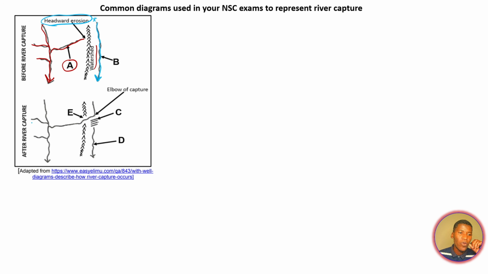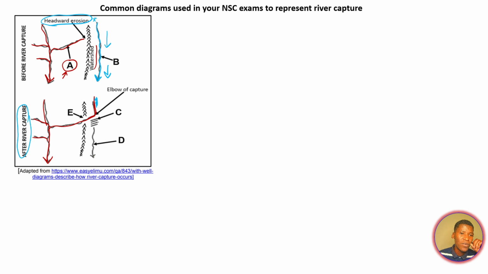So now look at it. After river capture, analyzing after river capture. The stream that was painted here in maroon is still this one. This is the stream that was painted in maroon. So now this stream A here, you see that it has extended through the watershed and it has stolen the waters of stream B, because stream B initially was just moving freely downwards towards that direction.